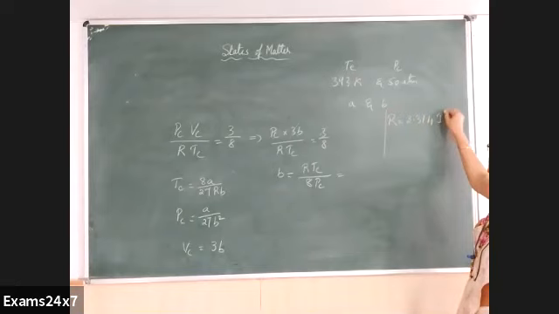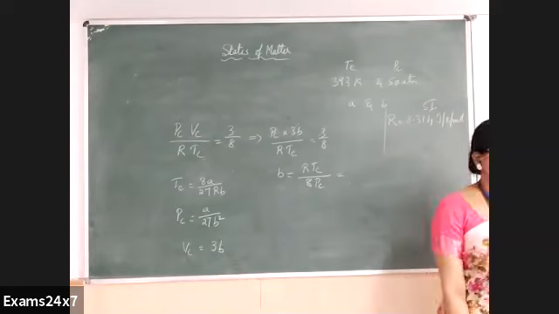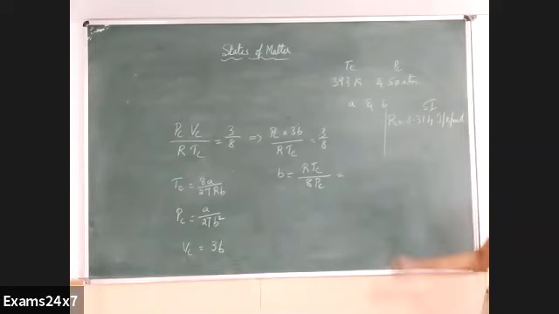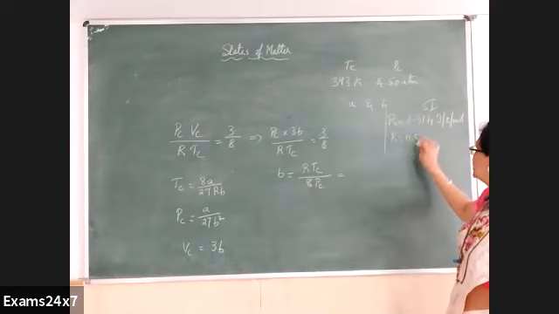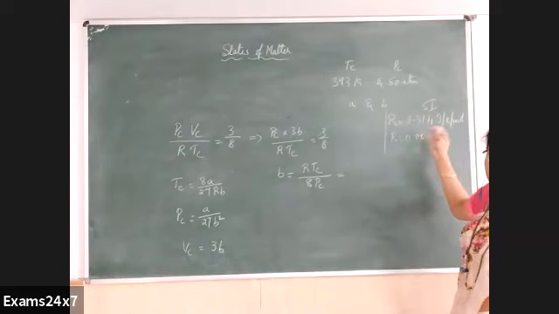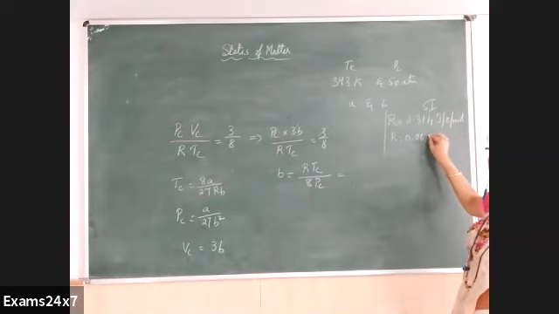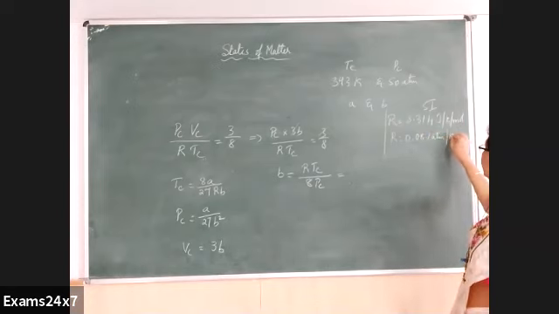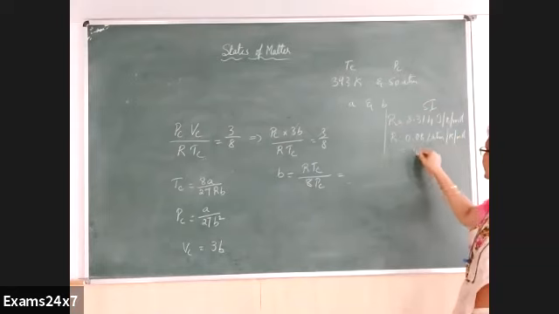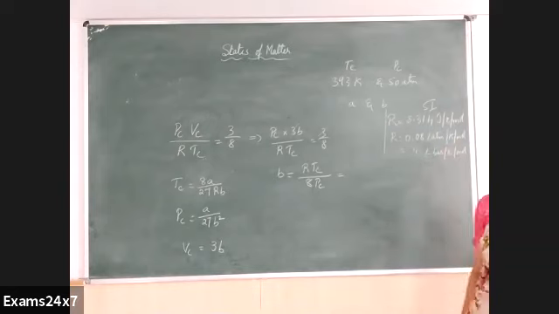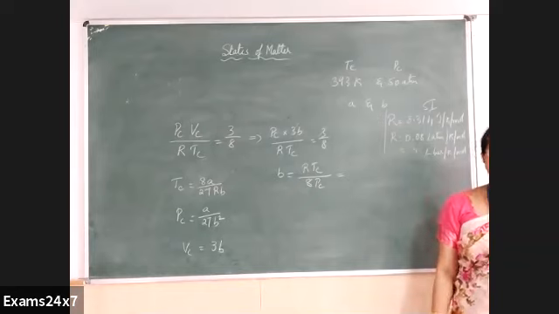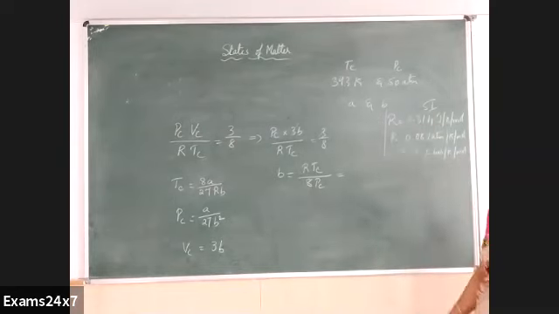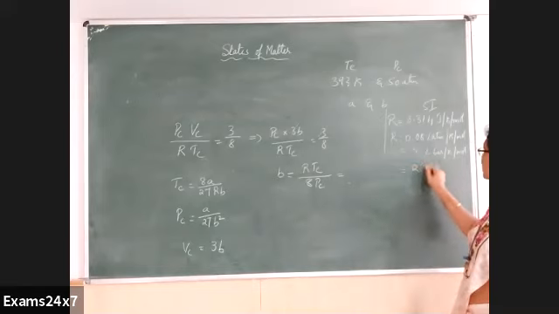8.314 is in joules per Kelvin per mole. If the rest are given in the SI system, you will use this value. R can be 0.082, which you can approximate as 0.08, in liter atmosphere per Kelvin per mole, or the same thing in liter bar per Kelvin per mole, with a slight difference in the third decimal, 0.083 and 0.082. We can approximate it as 0.08, or R can be equal to 2 calories per Kelvin per mole.